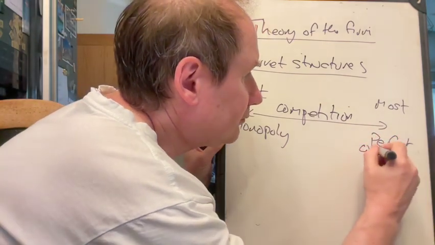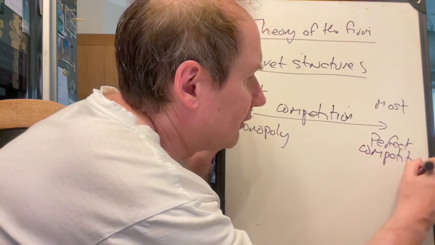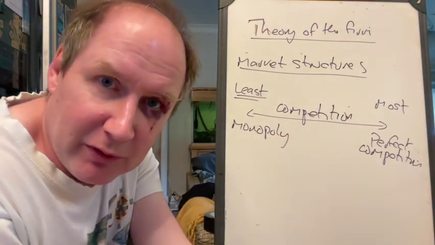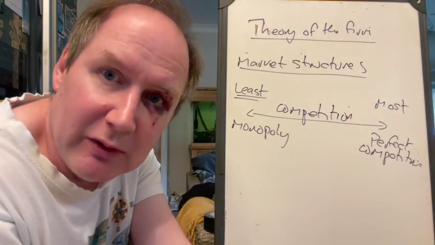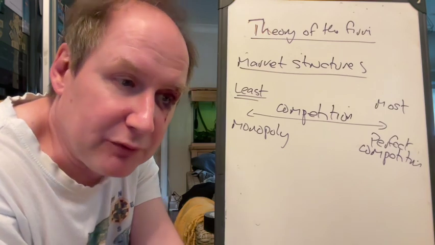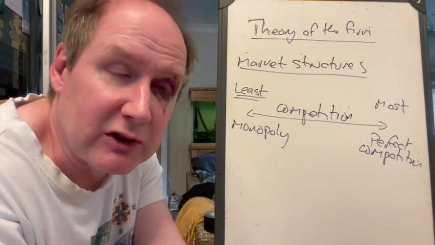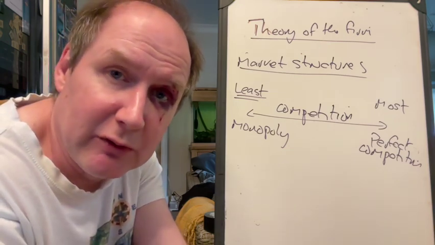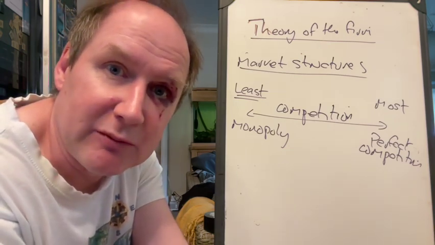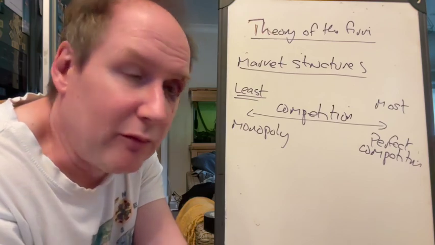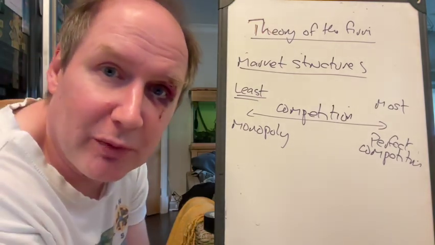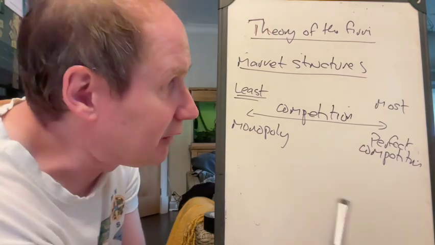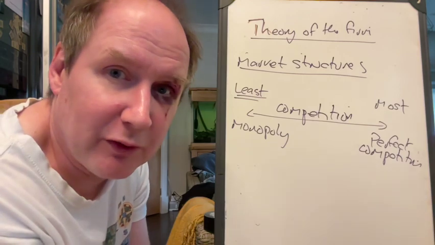So, what is theory of the firm all about? It's about building a model of a firm to look at what its output is going to be, what its price is going to be, and how it's going to behave in terms of efficiency and strategy. To do that, we need to make some assumptions, and the big one is that the firm wants to maximize its profits. Having done that, we're then going to put it into a range of different competitive situations to look at how that firm will behave in theory to a range of different types